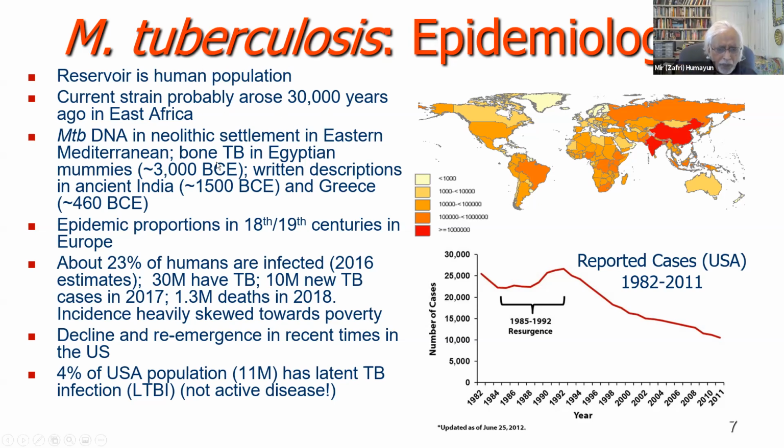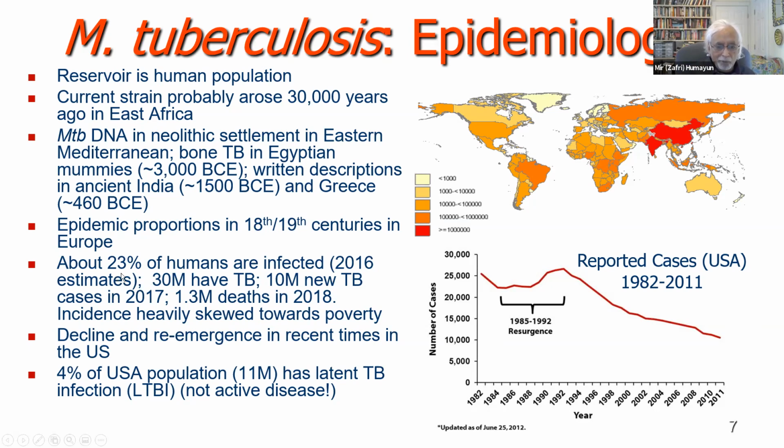Okay? We already mentioned that the disease reached epidemic proportion in the 18th through 19th century, coincident with rapid urbanization and creation of crowded urban conditions. Right? We already mentioned that